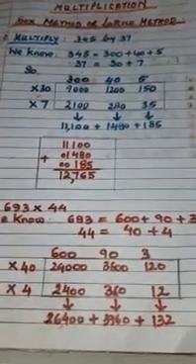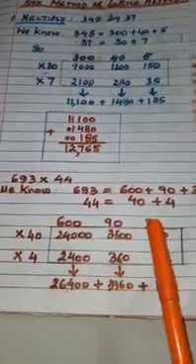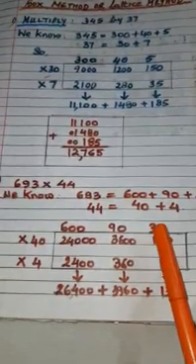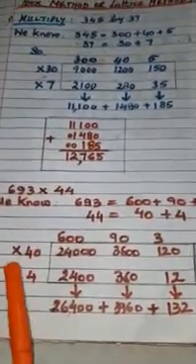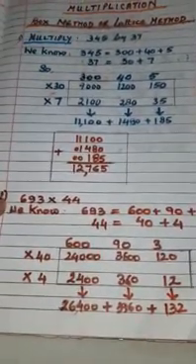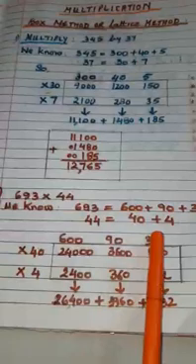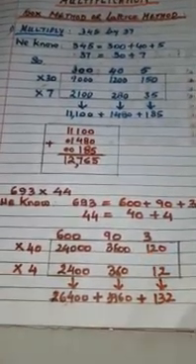So what I am going to do, one by one I am going to multiply all the numbers. So first I see here is 3 and here is 40. Very simple. In 40 there is a 1 and 0. I have written 0. And all children know the table of 3. 3 4s are 12. So answer is 120.